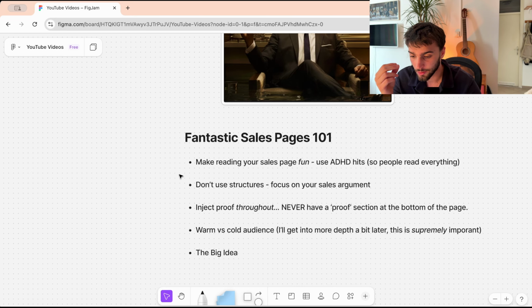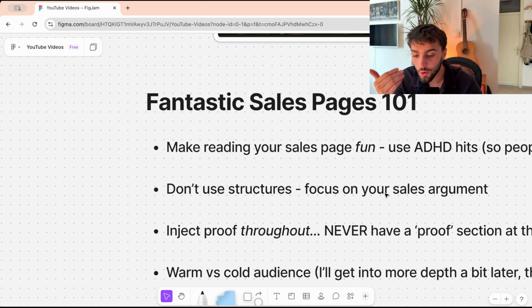Next thing, which is so important, and I want you to think about this a lot, is do not use structures. I want you to focus on your sales argument. Now, what does this mean? This means that you don't write a sales page thinking, okay, headline, pain points, dream outcomes, proof, urgency, action, price, anchor, whatever. No, you look at the specific case and you think, what argument do I have to do to